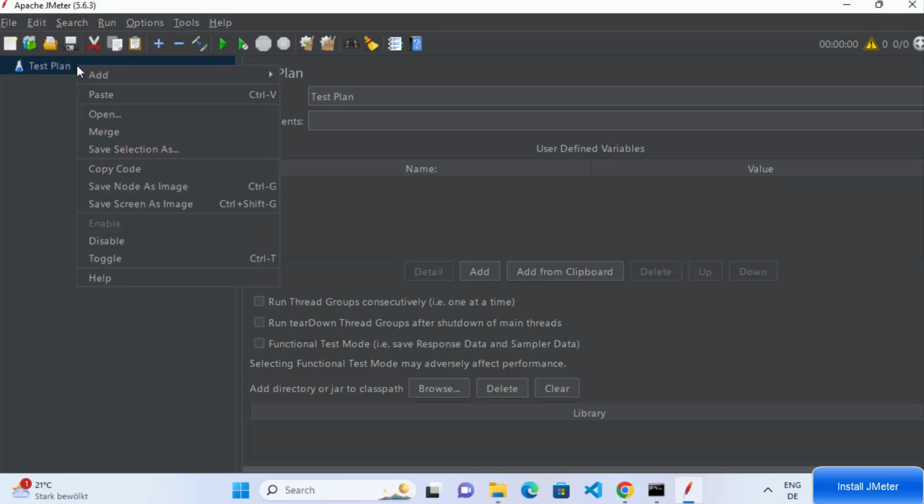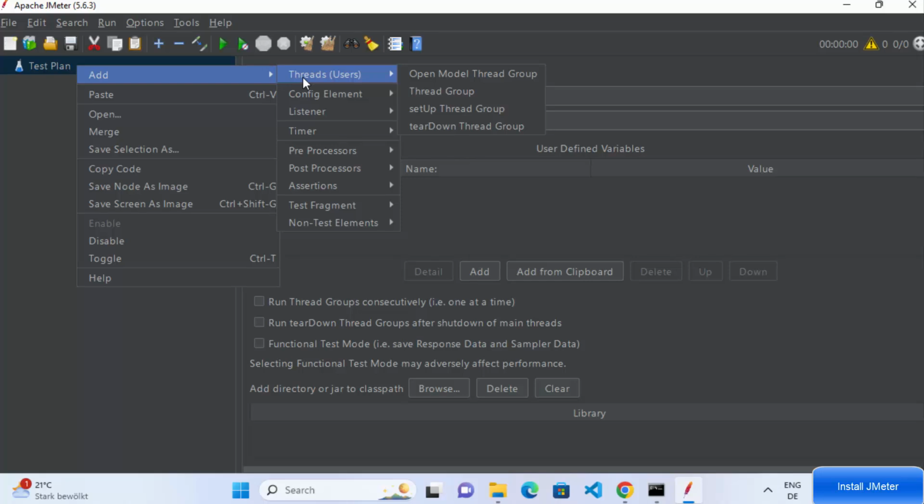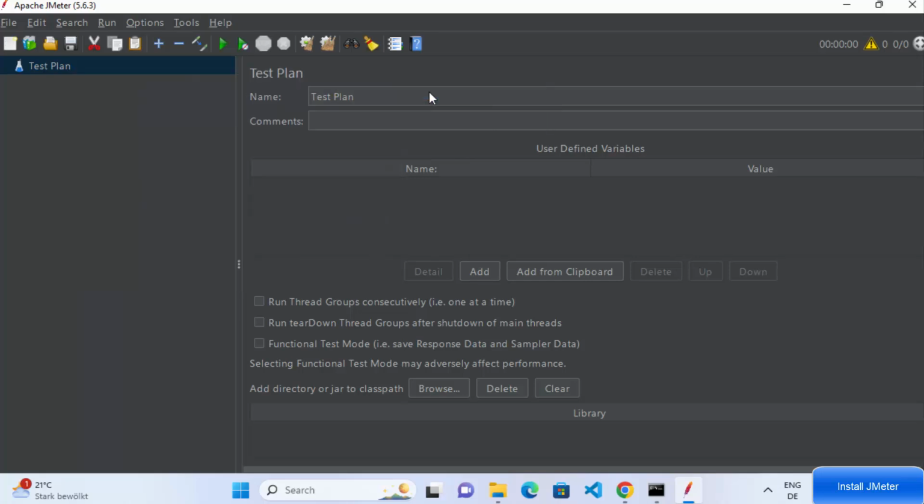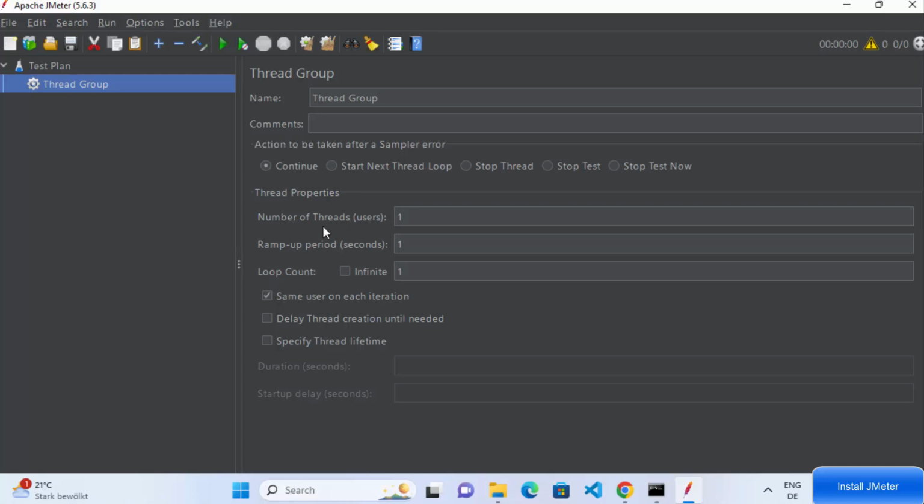So I'm going to right click here and then select add here, and then select threads here and select thread group here, and you can see the number of threads here. You will also see the name of your thread group. You can change this name anytime, and this number of threads means that in parallel it's going to run one thread by default, but you can increase or decrease this value so that you can load test your application. For now I'm going to leave it as default. Same is for ramp up time and the loop count. Let's leave everything as default for now.